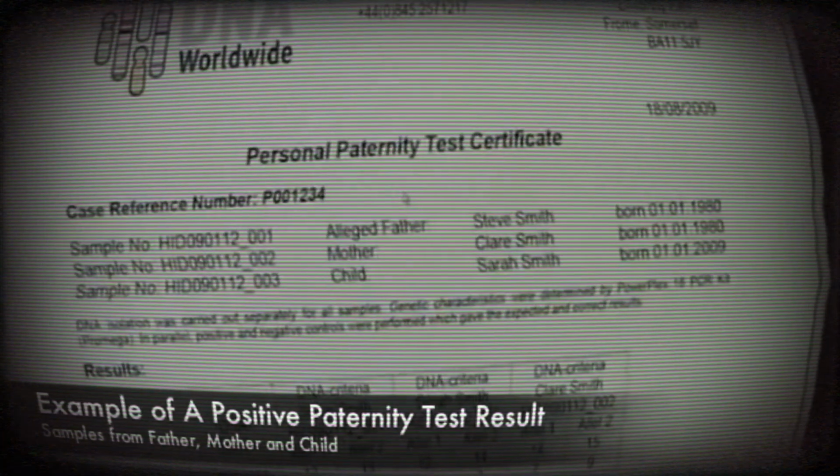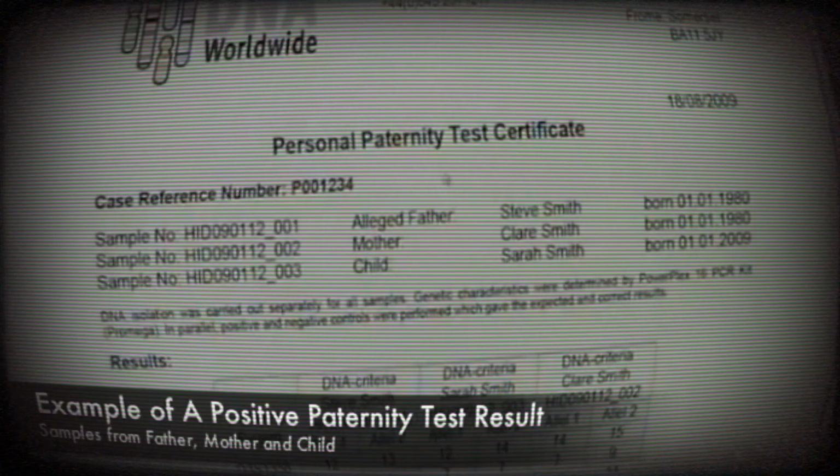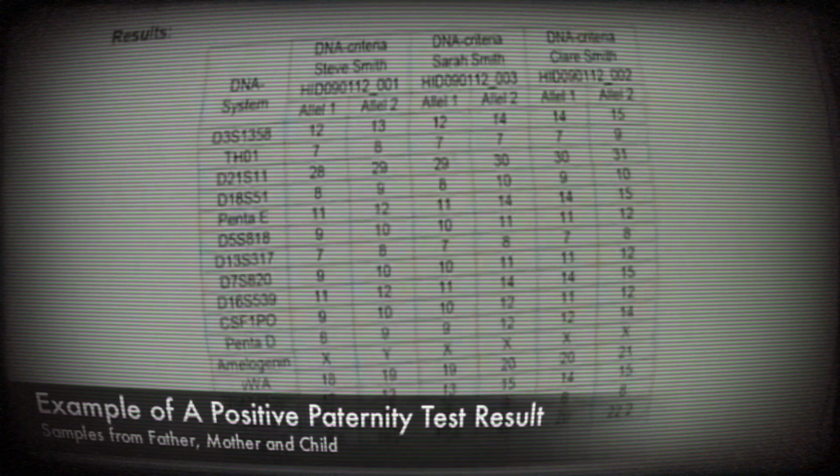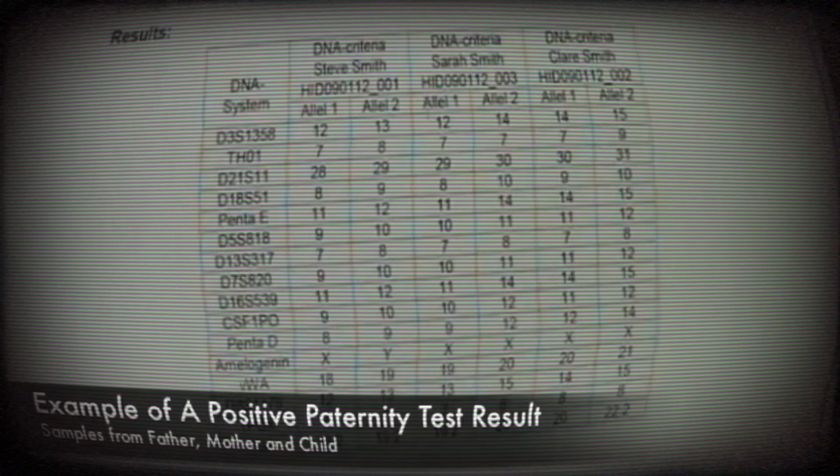We received samples of an alleged father, a mother and a child. We tested the 3 samples, and in our report we provide you with a table showing the results of the